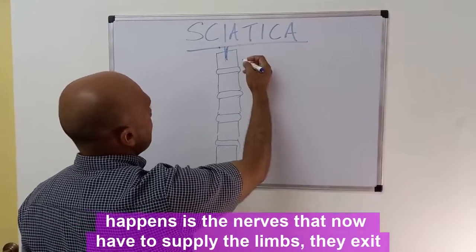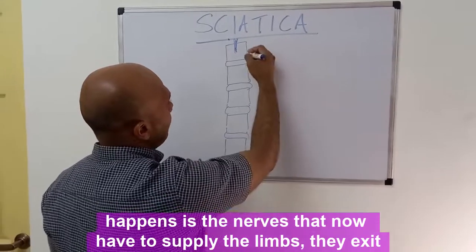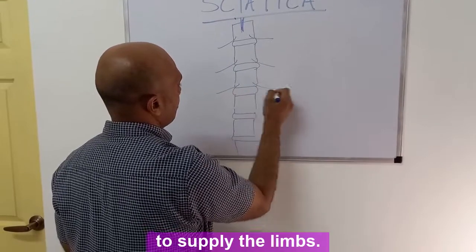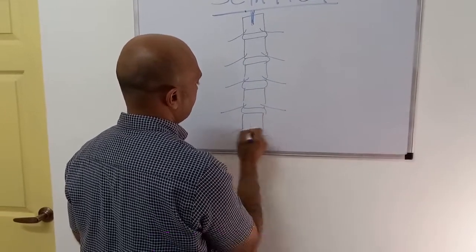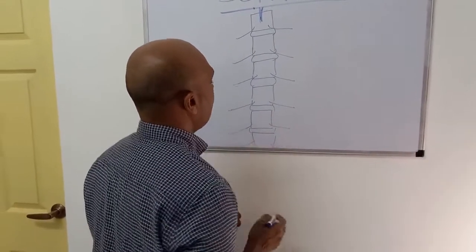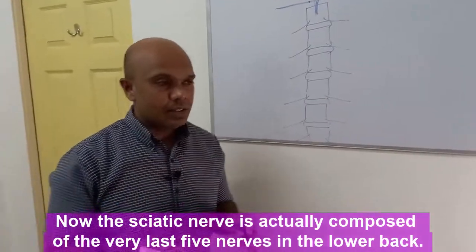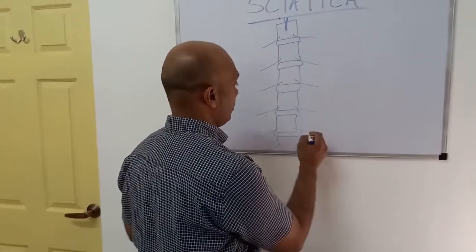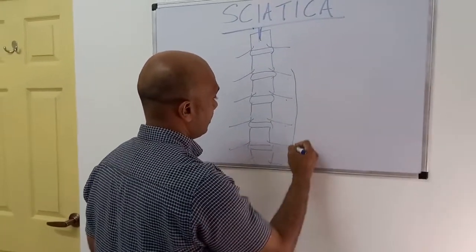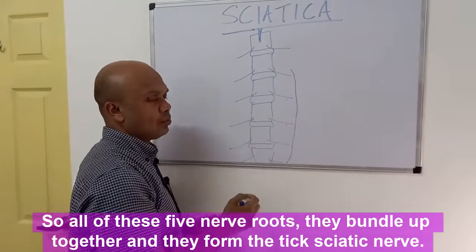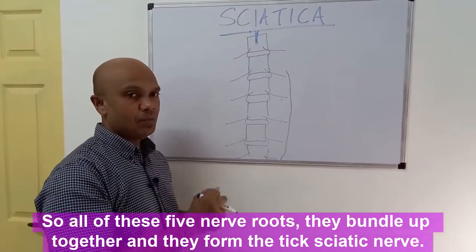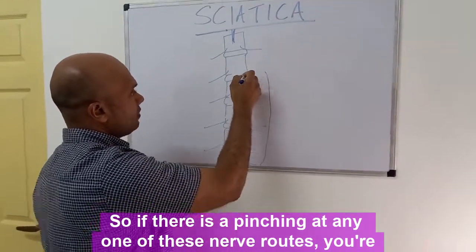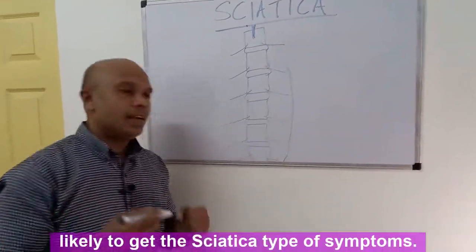And what happens is the nerves that now have to supply the limbs, they exit to supply the limbs. Now the sciatic nerve is actually composed of the very last 5 nerves in the lower back. 1, 2, 3, 4, 5. So all of these 5 nerve roots, they bundle up together and they form the thick sciatic nerve. So if there is a pinching at any one of these nerve roots, you're likely to get the sciatica